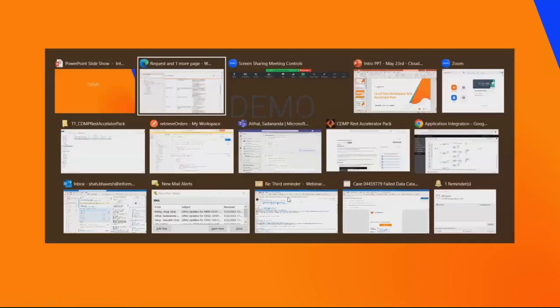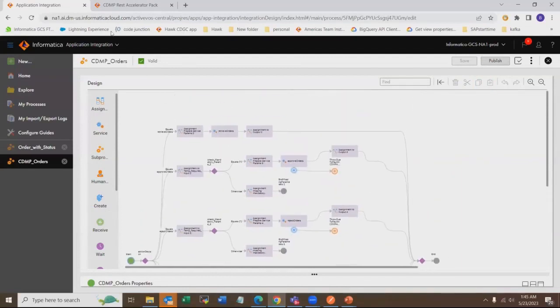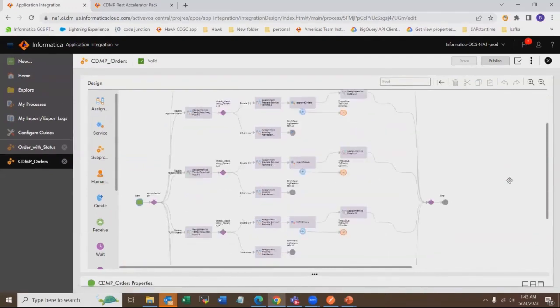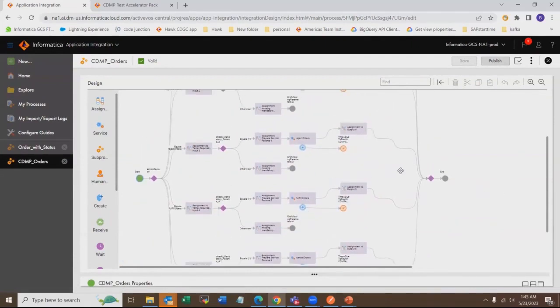So let's move to the endpoint. Let's go to CAI. You can see the Informatica Application Integration app. There I have this CDMP order; once you import, you would see these CDMP orders with project, order API project, and all these. There is no need to implement anything here. This is only